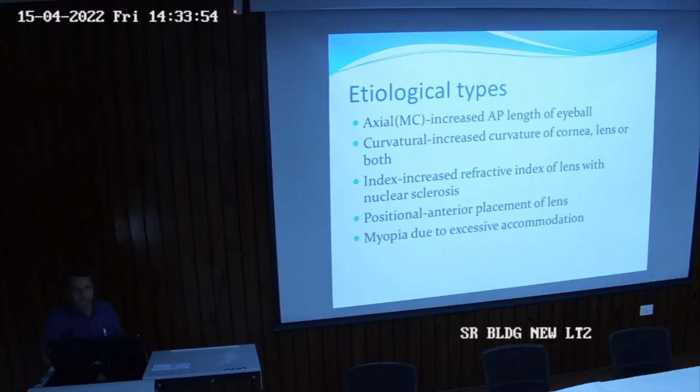Because at the age of 40 years, I already told, there will be need of presbyopic glasses. So the patient has to use +1 or +2 or +3 diopter lenses to see near objects, to read books or to do near work. But due to this nuclear index myopia, again he can see the object without these presbyopic glasses. That is called second sight.